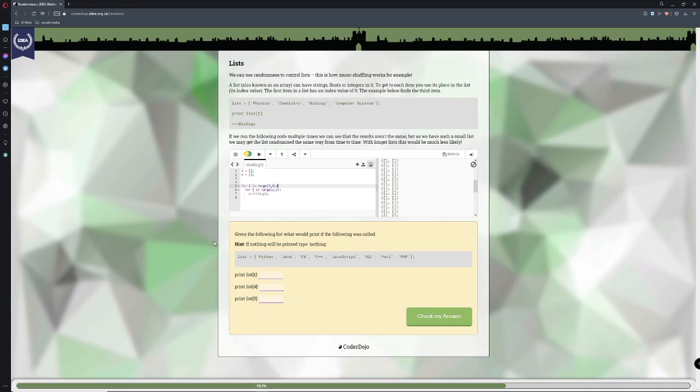My throat is a bit sore. So, given the following list, what would print in the following if the following was called? Hint: nothing will be printed if you type nothing. Right. So, if we print the list 1, right? Now the way lists work, each item in the list always starts with 0. So this is 0. This is 1. This is 2. This is 3, and so forth.